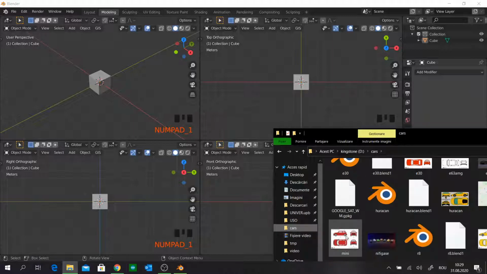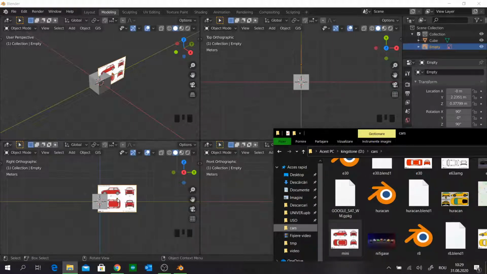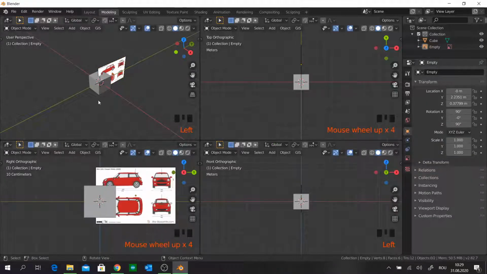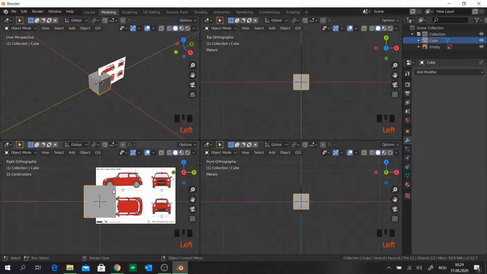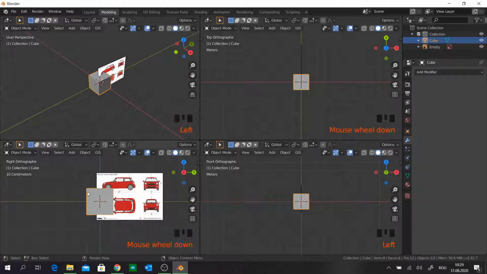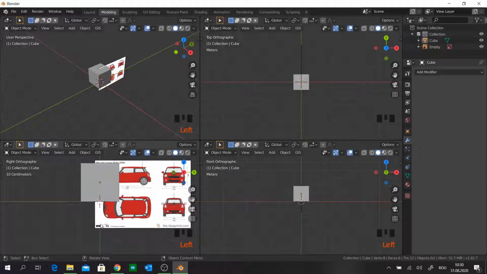So now we will drag and drop the image into our scene. Also, an important thing will be to get the right dimension of the car, to know how to put in the blueprints. So to start with, I will make this cube in all perspectives to be transparent. So to get dimensions,